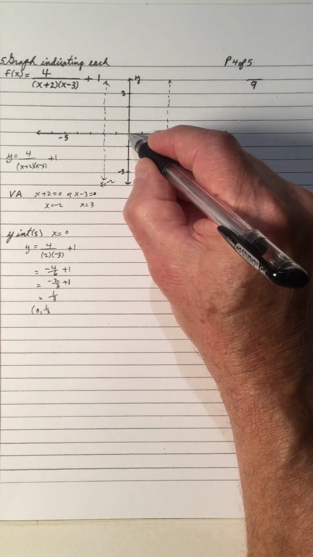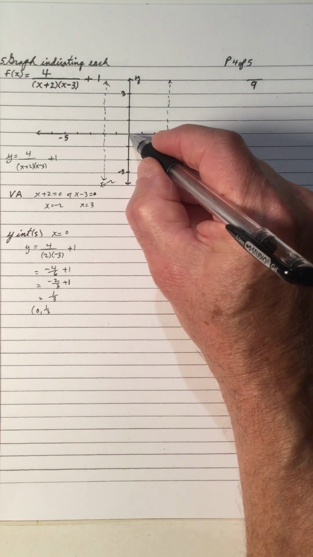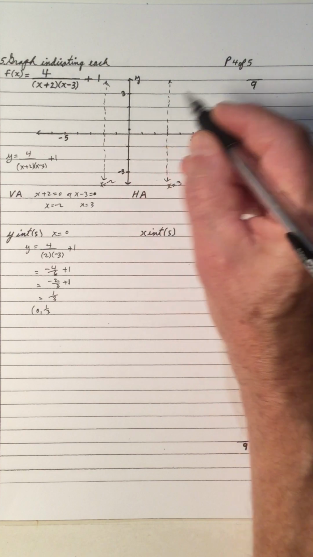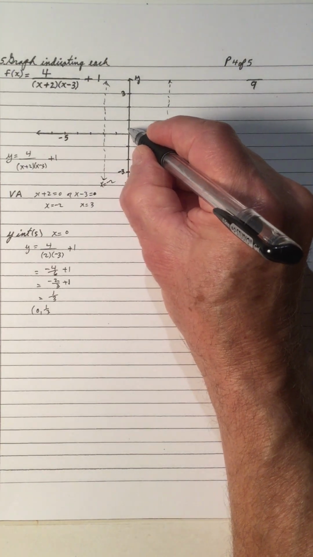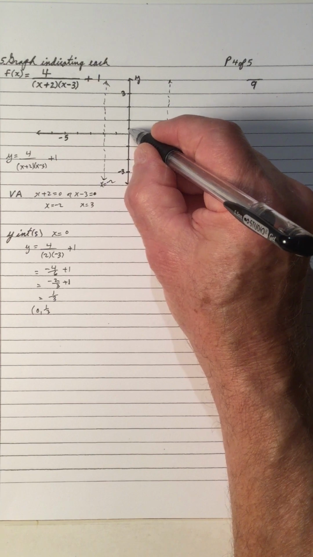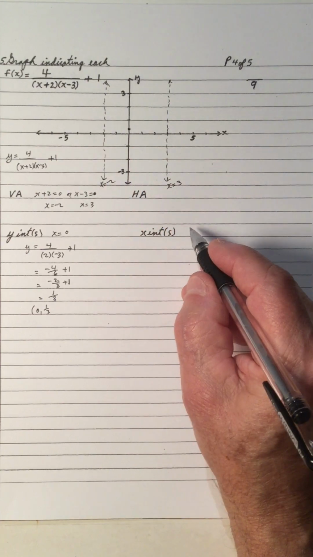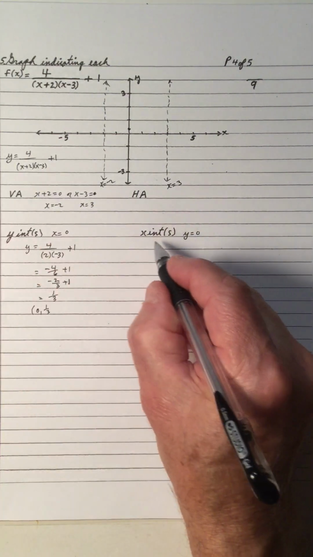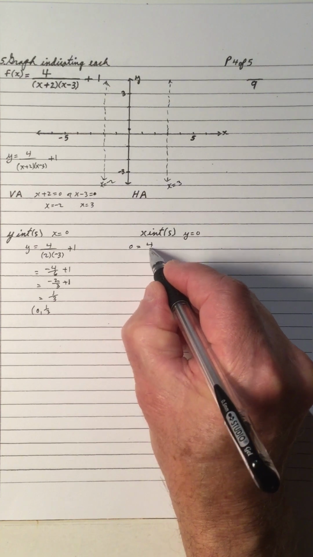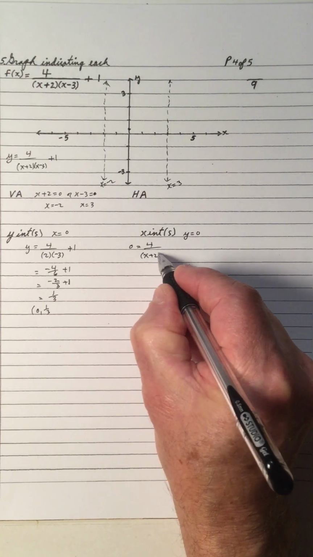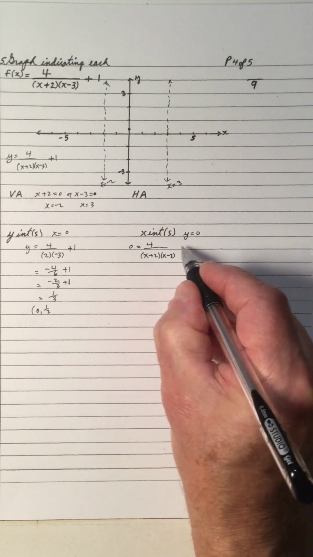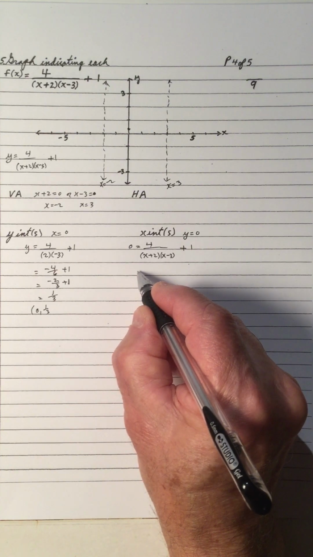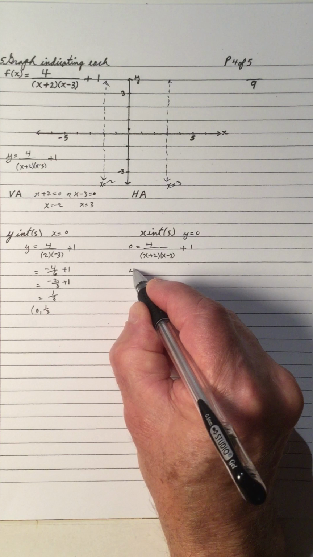When x is 0, y is 1/3. So that's right here. Right there. This is the x-axis, so y is 1/3. So it's cutting through. That's the y-intercept. There's only one y-intercept. Now what about the x-intercept? The x-intercept is when we let y equal 0. So take this equation and let y equal 0. So 0 equals 4 over x plus 2 times x minus 3, plus 1. So we can move, let's move the